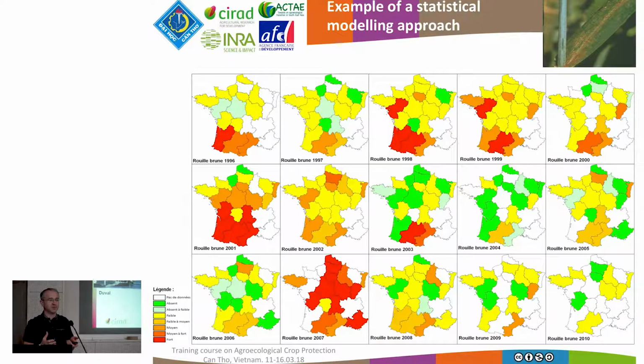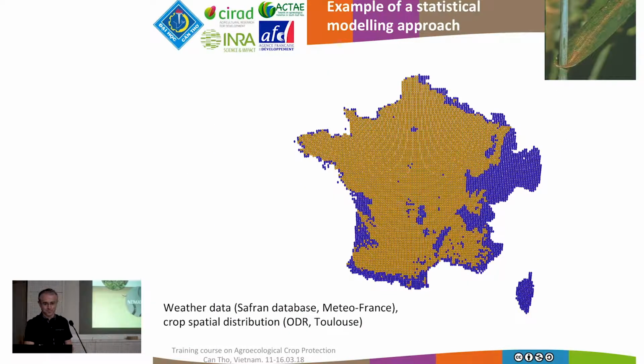What is very interesting in models is that for the same object, for the same system, you can have different points of view. And this is very important because I think that everybody is able to design a model. As Jean-Noël said, it can be something very easy. What is important is to set the model according to the question you want to address. This is really, I think, the key of modeling.